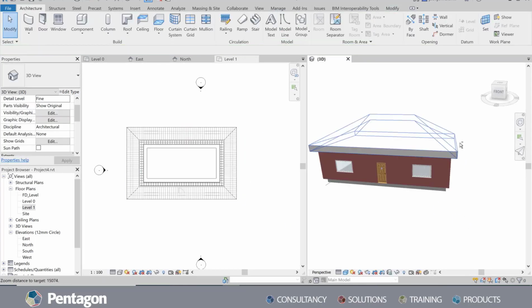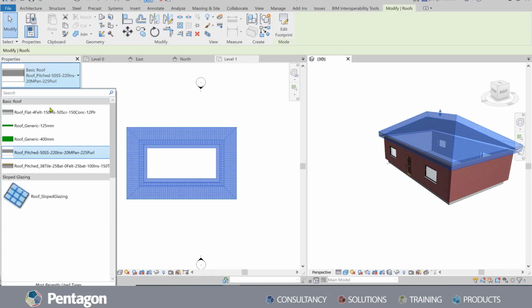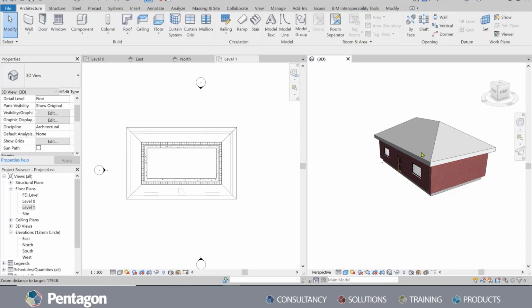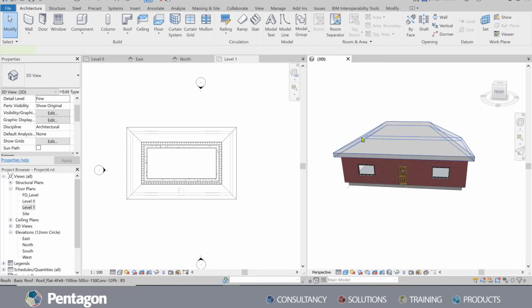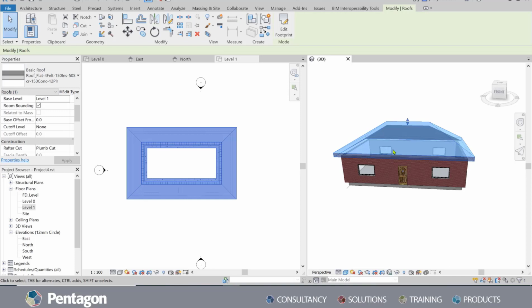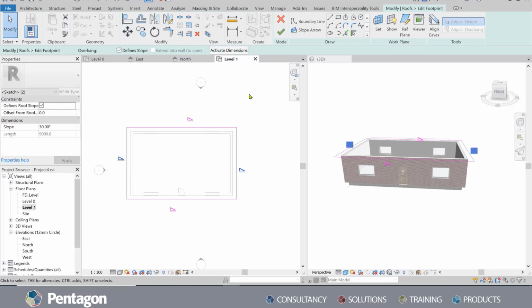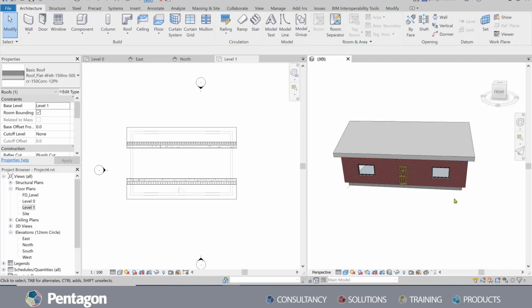It's a bit ugly. It's this hipped roof. And I'm just going to change the roof type there as well. Change it to something a bit slimmer. Again, you can bring in custom roof families and create your own roofs depending on your build-ups, but we'll go into that at a later date. I'm going to edit that because I'm not happy with that roof. I just want it to be a simple pitched roof instead of a hipped roof. So I'm going to turn off the define slopes there, and I'm just going to go and Finish Edit Mode, tick that.